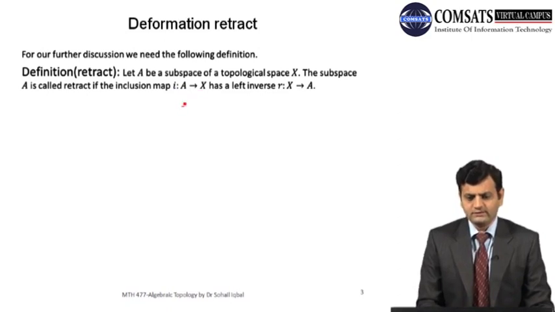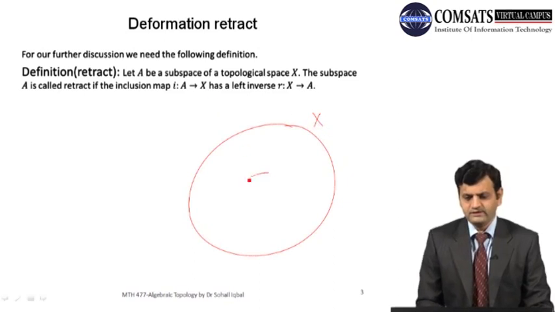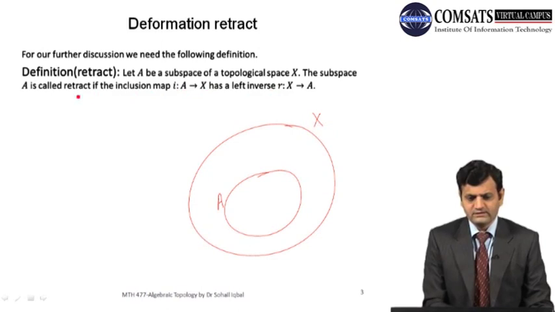So retract. So consider a space X and a subspace A of X. The subspace A is called retract if the inclusion map I from A to X has left inverse. Of course, if A is subspace of X, then we can define the inclusion map A to X. So this is just the identity map, but the domain is restricted to A. So for example,